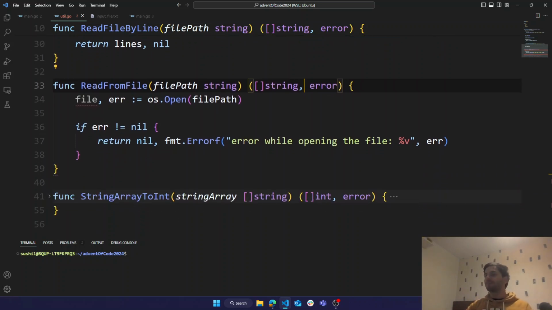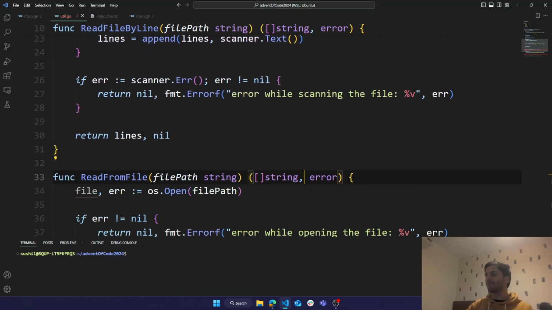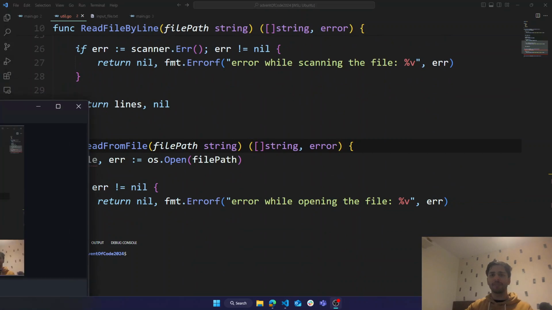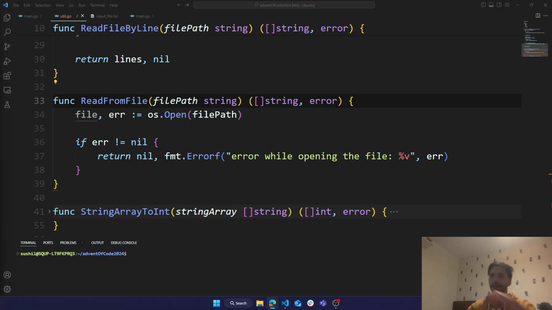Anyway, we got our file and the error. We don't need to scan it. Well, I think there's a read file, isn't there? I think you can just use the read file function from the OS instead of having to open it and then read it line by line.